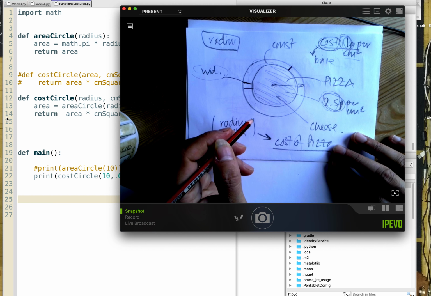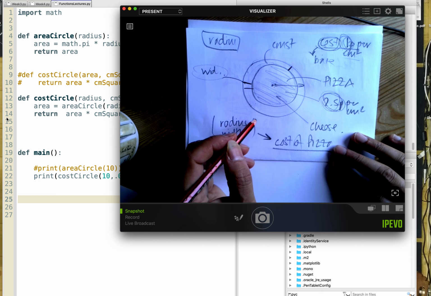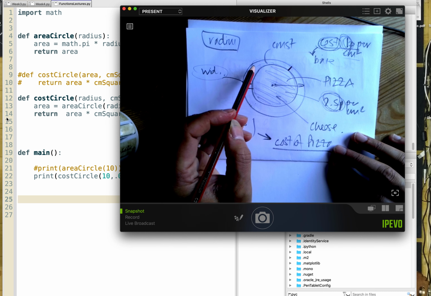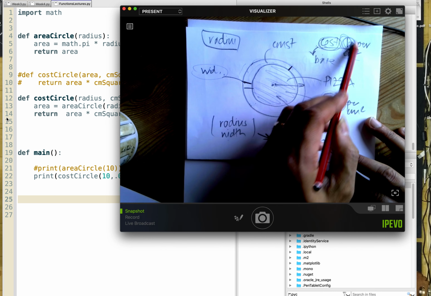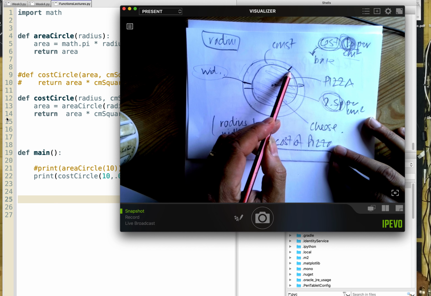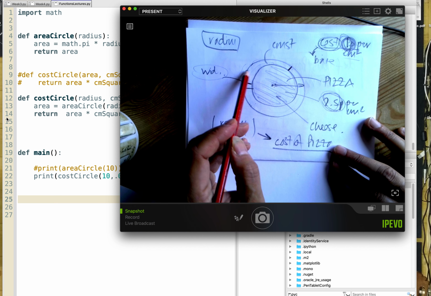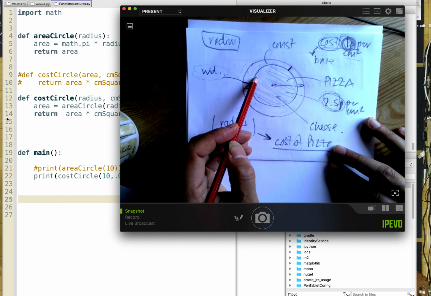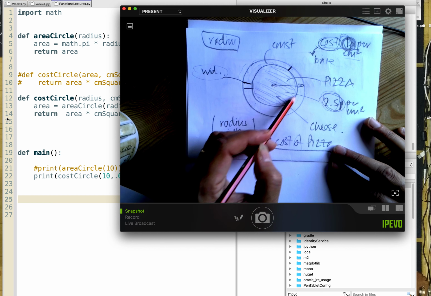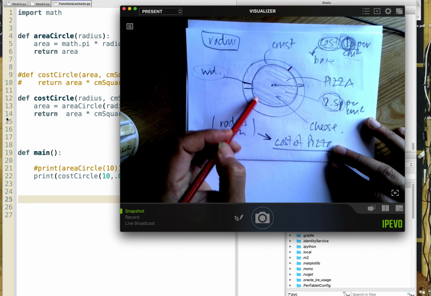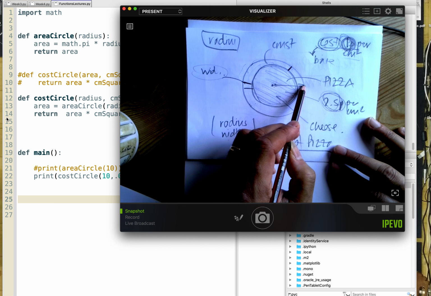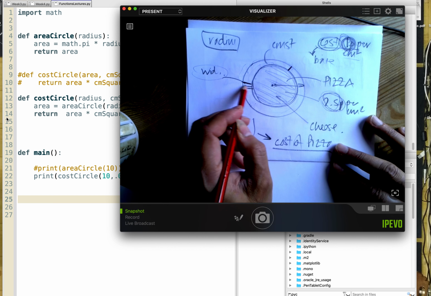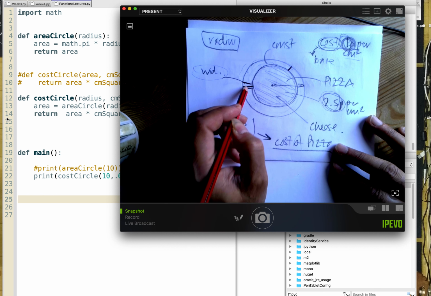In order to work out the overall cost of the pizza, we need to work out what the cost of the base is, which is the bigger circle, and its cost per centimeter squared, which will give us a cost for the base. And we need to then also work out the cost of the top. But how do we work out this area? Because the radius goes all the way to the edge. But what we've been given is a width, a distance here,